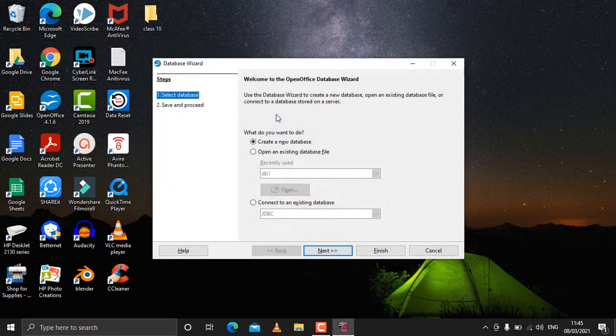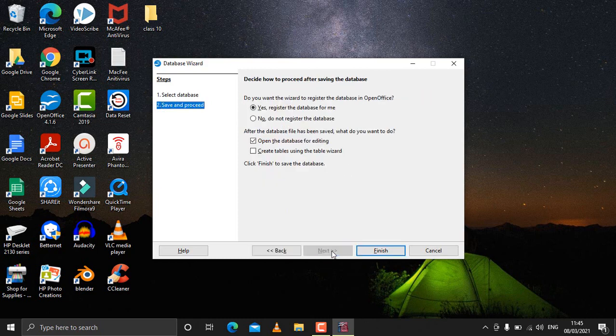So this window appears the very first time you open OpenOffice Base. It asks what do you want to do. If you want to open an existing database, you need to click on the second one, open an existing database file. And if you require to create a new database, then you need to click on the very first one, which is selected by default, create a new database.